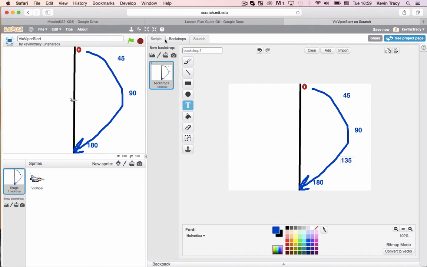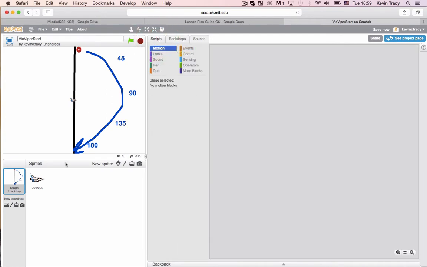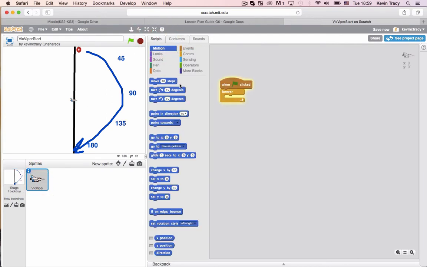And we can see this if we point our guy here to point in direction, notice 90, he's pointing to the right. But if I tell him to point at 0, you notice he points up. And if I tell him to point at 45, he points at the corner, and 135 points down there, and 180